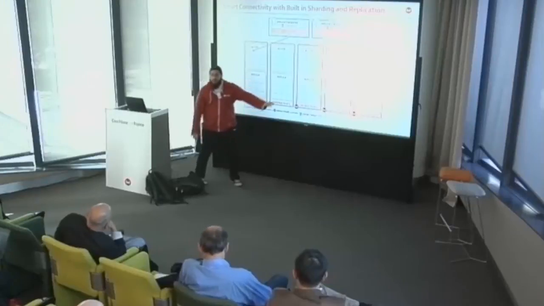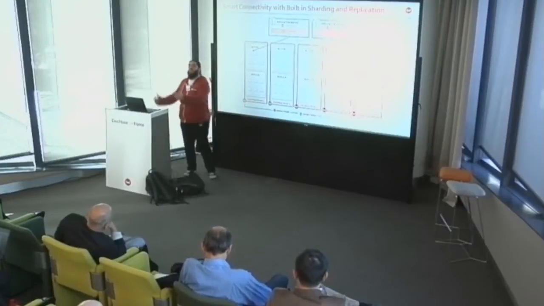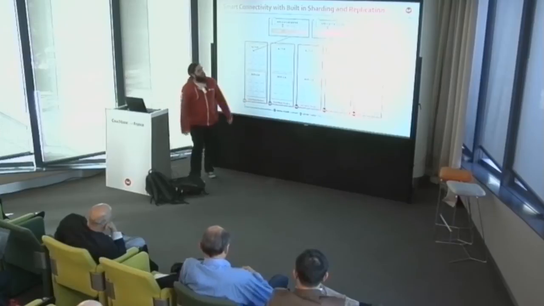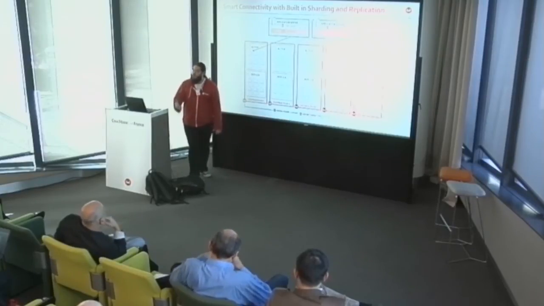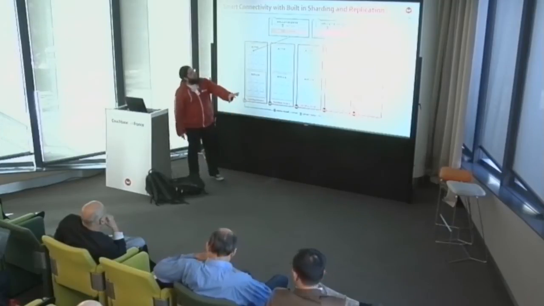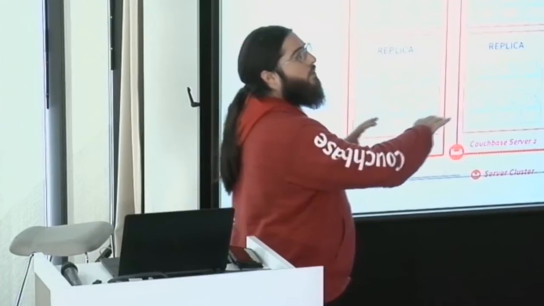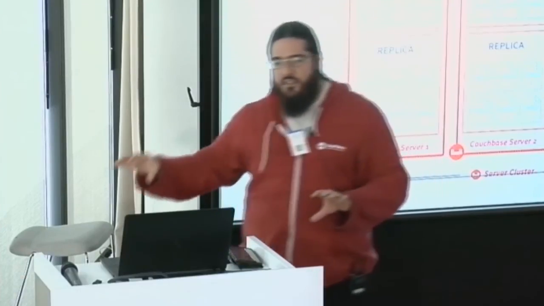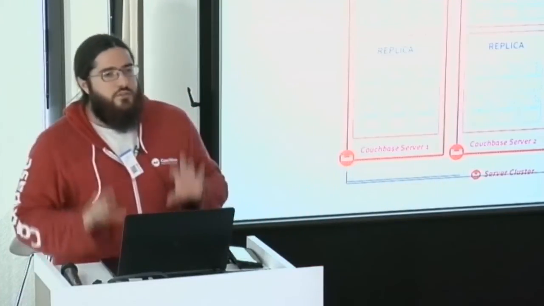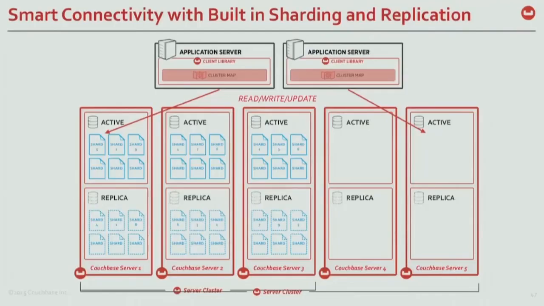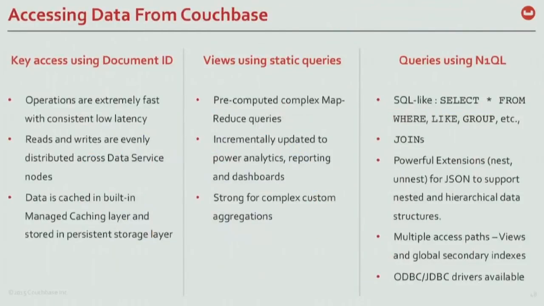There's no data yet. You just said to Couchbase, here are 2 new nodes, and then just with one REST call, do what is called a rebalance, which is, okay, now we went from 3 to 5 nodes. I'm going to redistribute evenly all the active documents and all the replicas across every node so that I can spread out the load of my application.